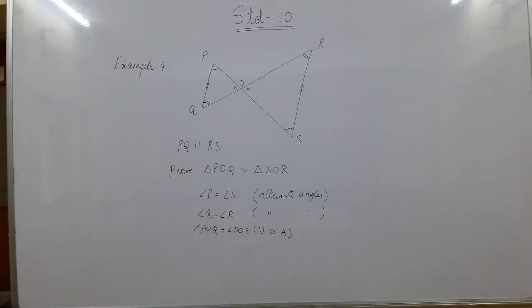Yes. Now I have shown all the three angles. You need not show all the three angles. There is no need that you show all the three angles, because you can even use the AA criterion. That is the criterion of using two angles.